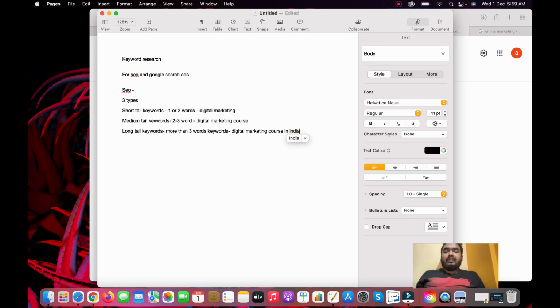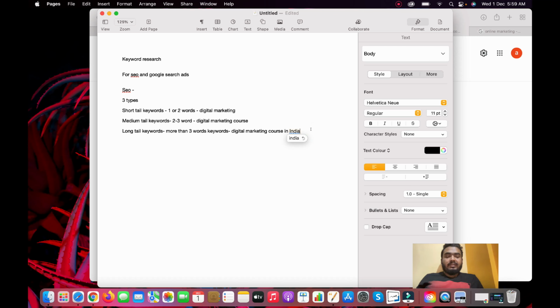So this is the types of keywords. We prefer to take the longer tail keyword first because it is easier to rank, it is very specific, and since it is specific, the chances of ranking are higher.